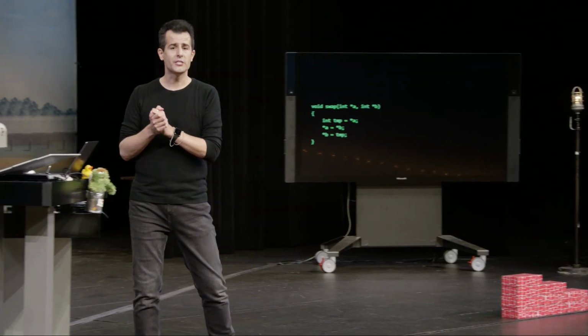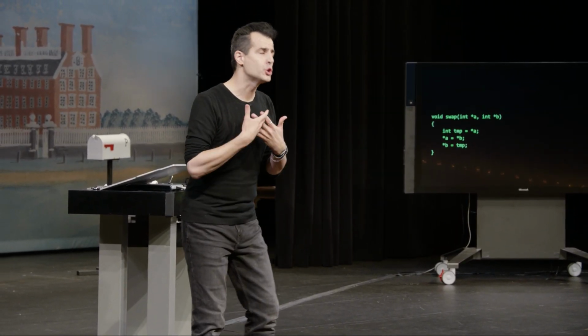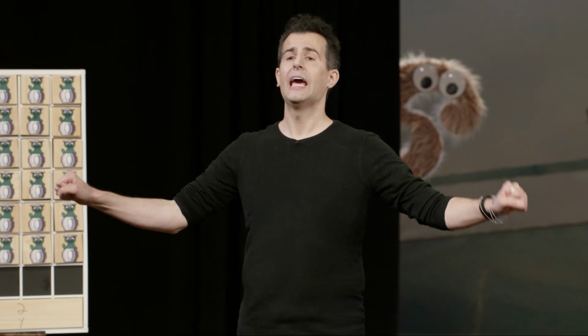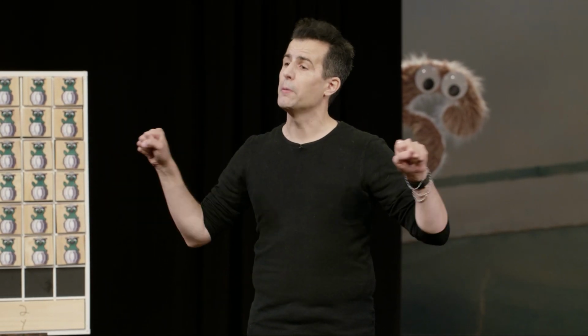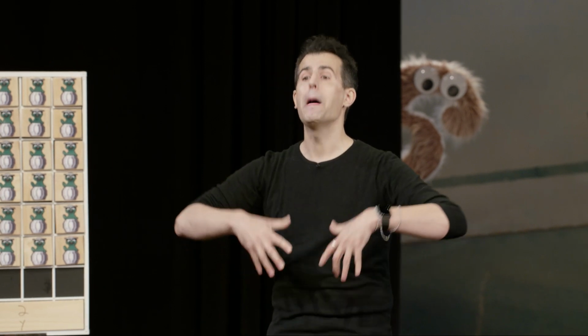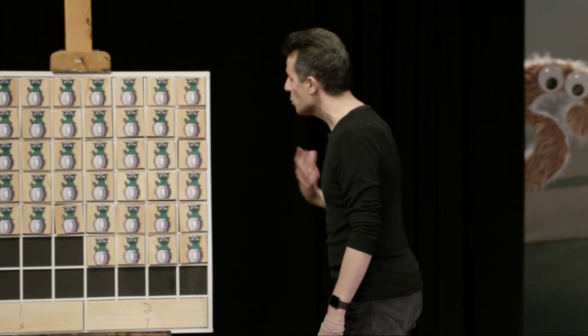If pointers are essentially like a treasure map to a specific address in your computer's memory, what I should really do from main to swap is pass in not x and y literally, but why don't I pass in the address of x and the address of y so that swap can now go to those addresses and actually do the sort of swap that Brian enacted in person. So give the function a sort of map to those values, pointers to those values, and then go to those values. So how might I do this?